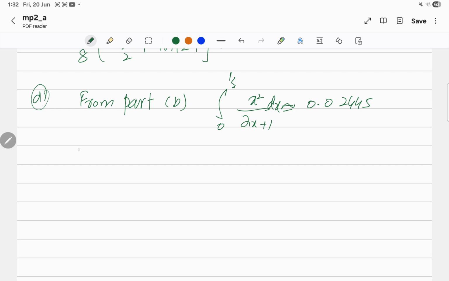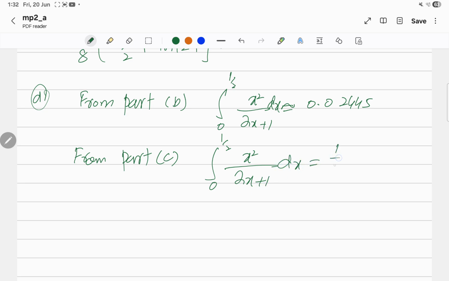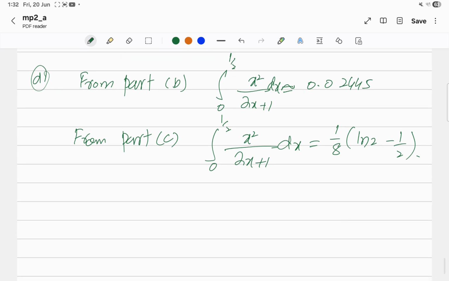0.02445. And from part C, we work out the value of the integral by using the substitution method, which is 1/8 ln of 2 minus half. Okay, so now from part B and C, since the left hand sides are equal, we can equate the right hand sides. So it will be 1/8 ln of 2 minus half, which is approximately equal to